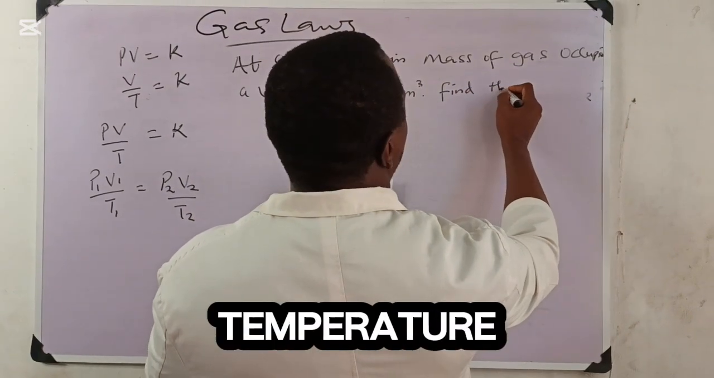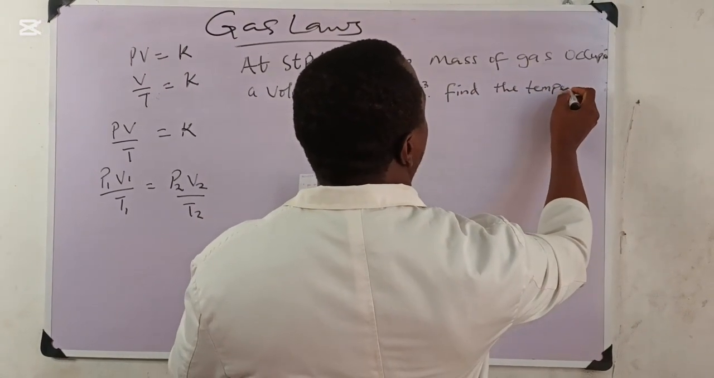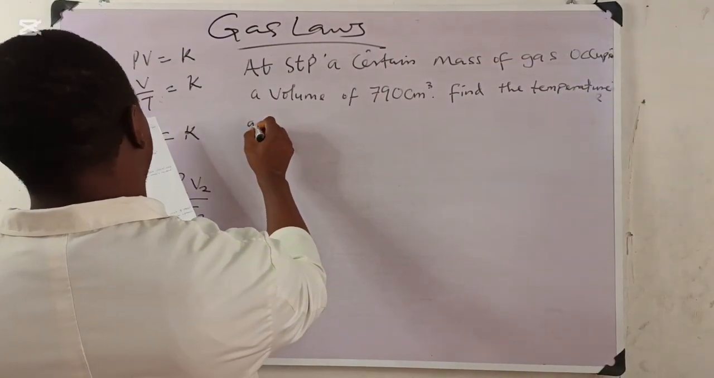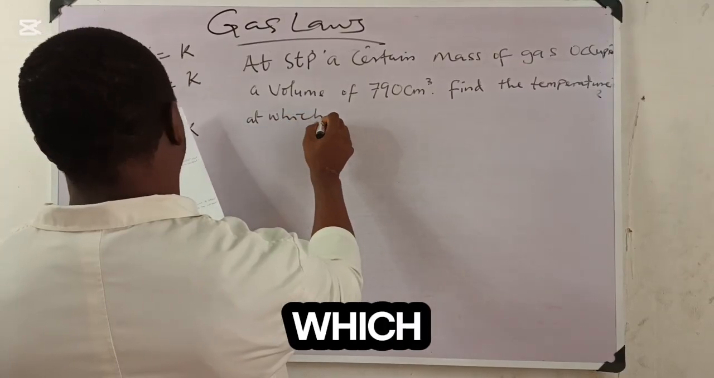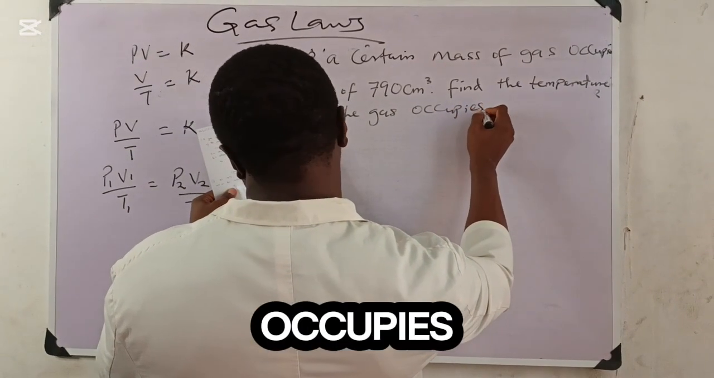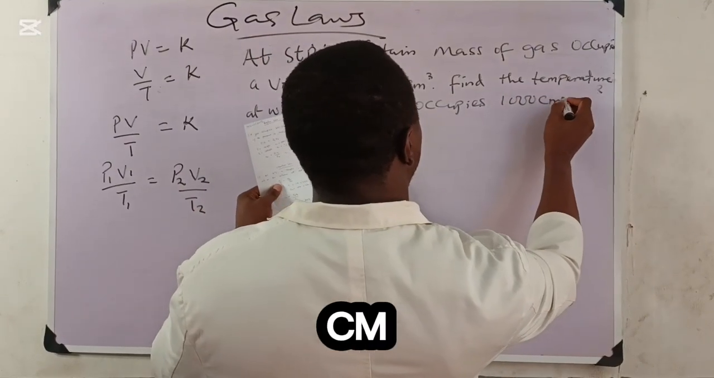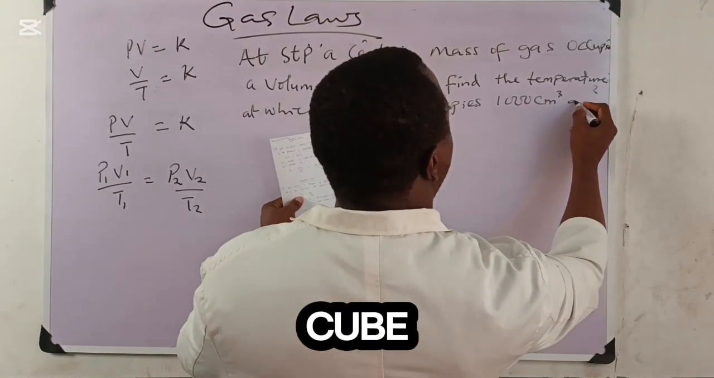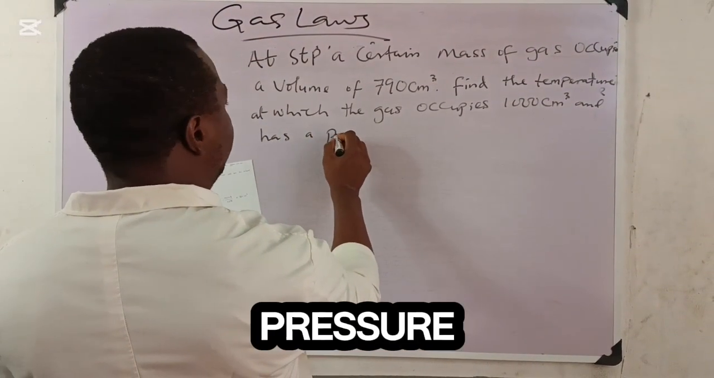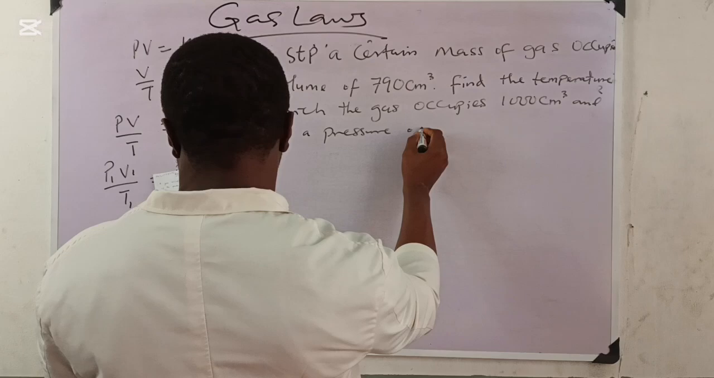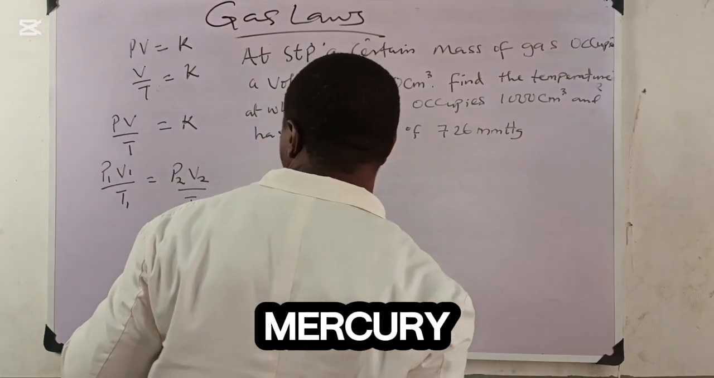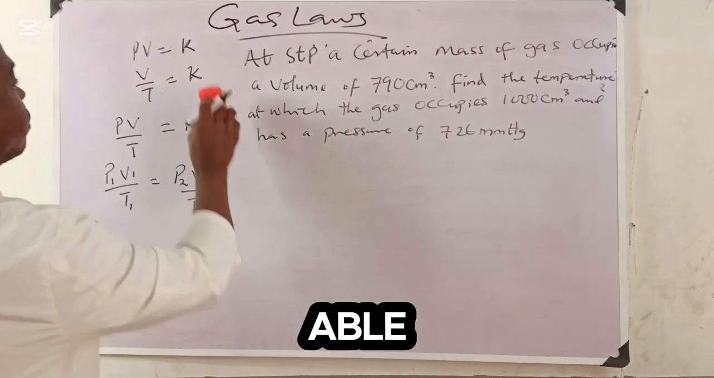Find the temperature at which the gas occupies 1000 cm³ and has a pressure of 726 millimeter mercury. Now, in order for us to be able to solve this,